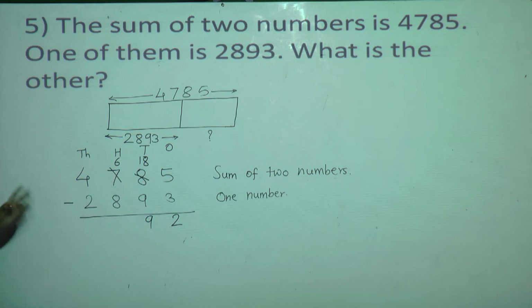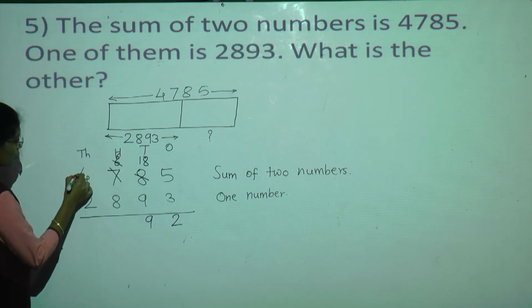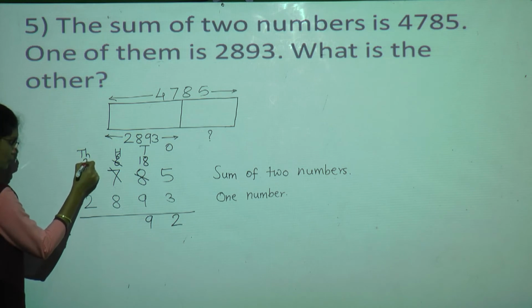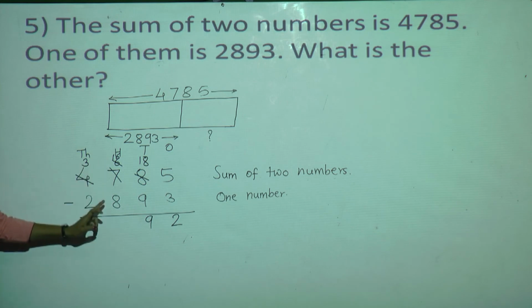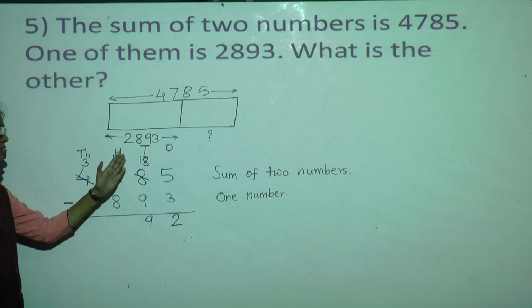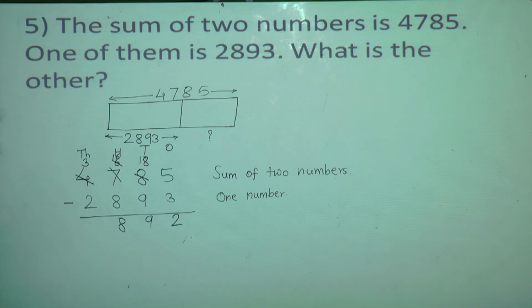Then what we will do? Just cut this 6 and write as it is and move to the neighbor. Now this neighbor is having 4. So take one borrow from this neighbor. Here 3 will remain and this 6 will become 16. Now say 16 minus 8. Do the subtraction. After 8 count your fingers till 16. So 16 minus 8 is equal to 8. So write 8 at hundreds place.